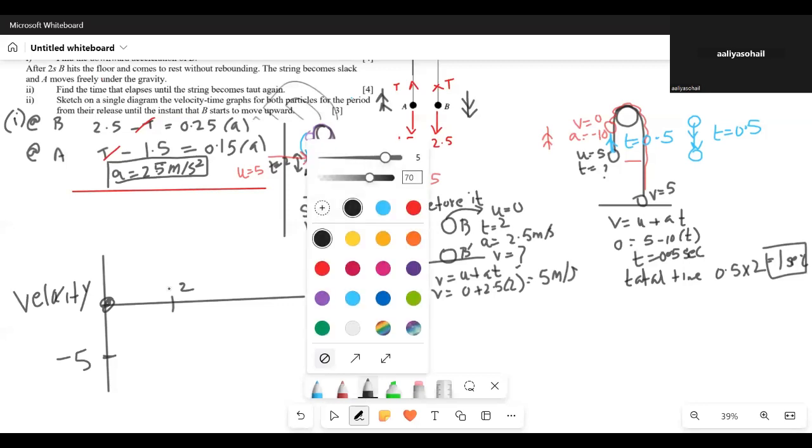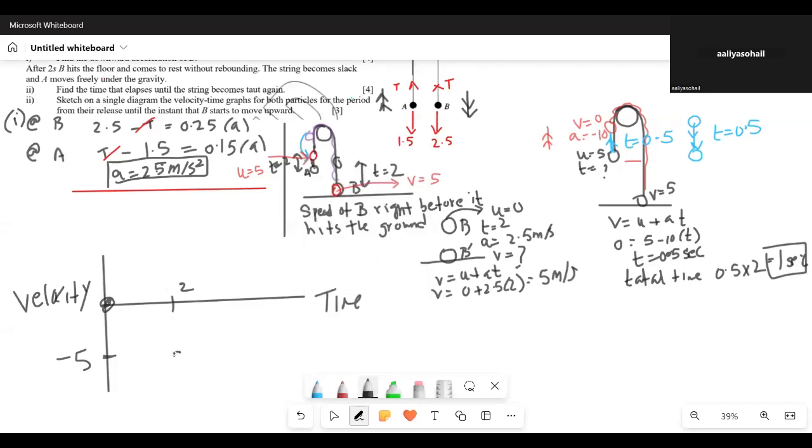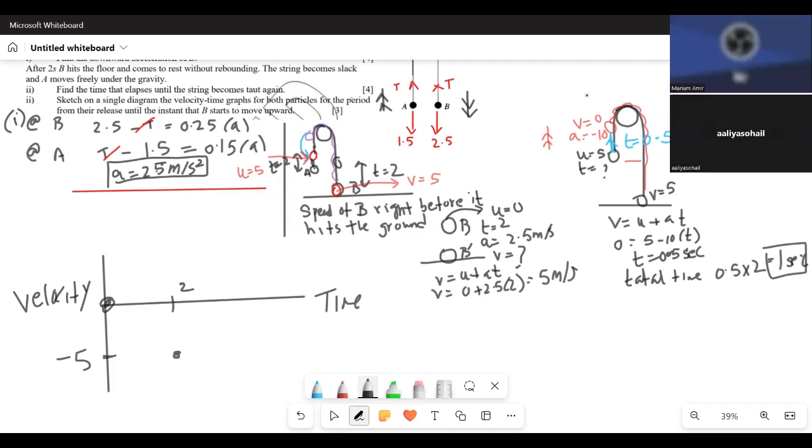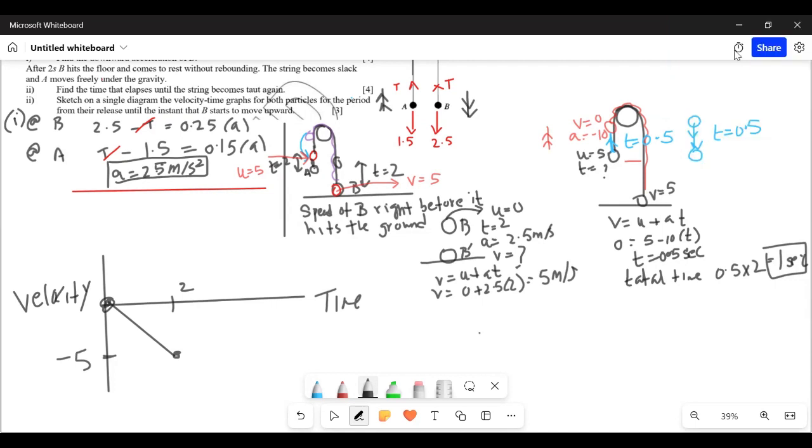ओके, so at time 2 velocity is going to be 5 meters per second, but क्योंकि इसको मैं डाउनवर्ड डायरेक्शन में शो कर रही हूँ तो -5 हो गया। So the first velocity time graph for B looks like this. This is for B. पहले स्पीड वो 0 एट टाइम 0, और फिर टाइम 2 पे स्पीड 5 हो गई है, बट हमने -5 से रिप्रेजेंट करना है क्योंकि हम डाउनवर्ड जर्नी को अंडर द ग्राफ शो कर रहे हैं।